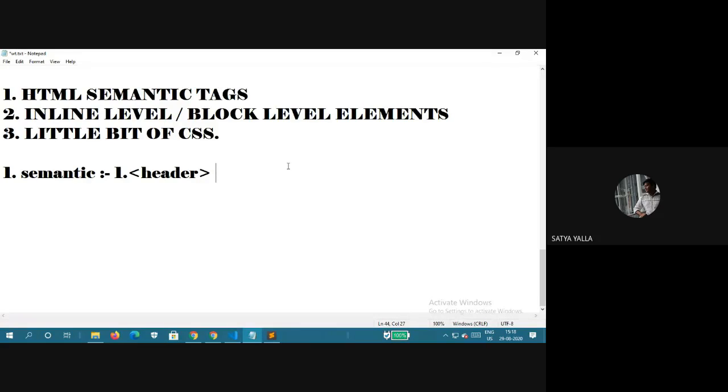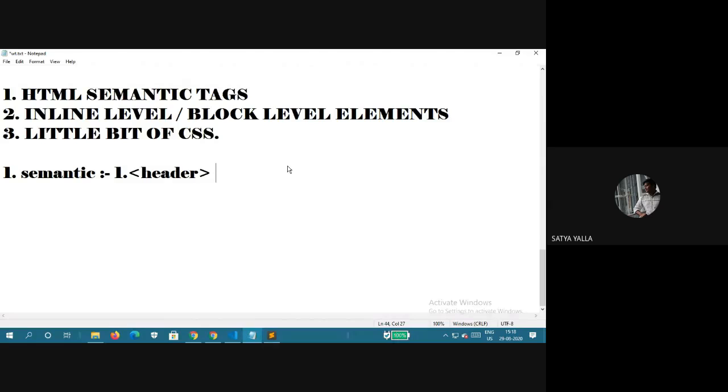Navigation is nothing but the URL. The navigation links which we are presenting in HTML, like tag A, when you're using tag A, it's giving some source attribute for that. That is called the navigation. That is called the links.